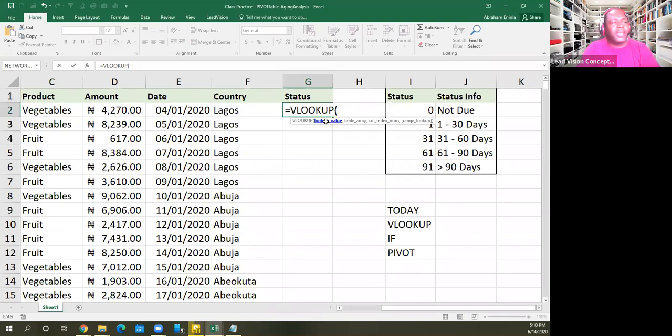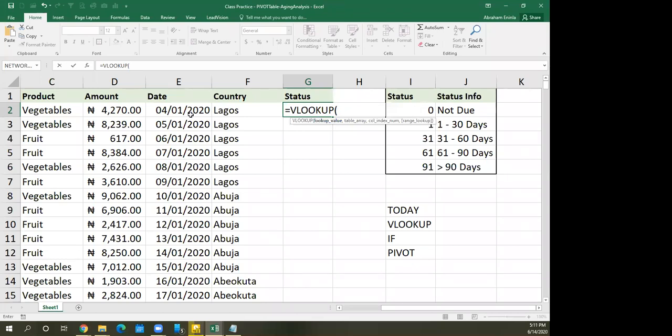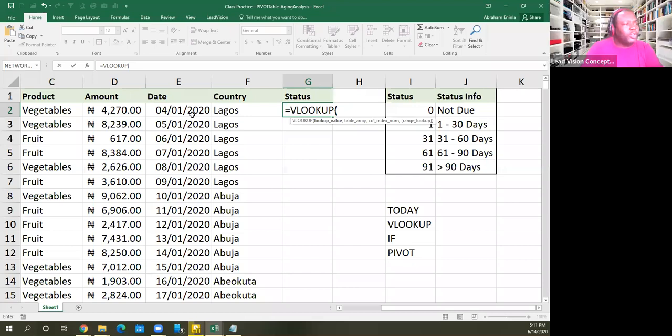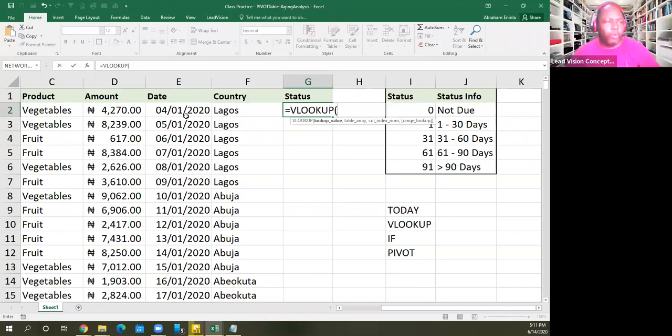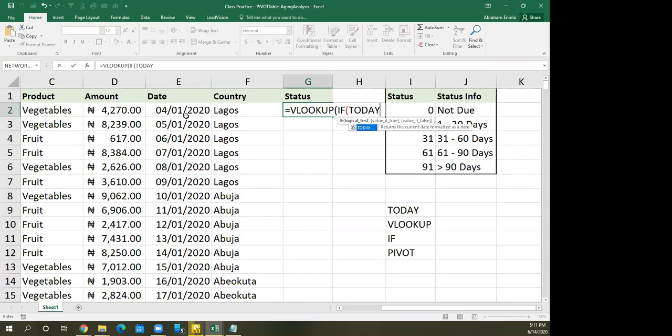We can't just come and pick here. We need something that will compare whatever number is here with this number, to differentiate whether the number between today's date and this date is above 100, is above 200, or whatever. So for that mathematical purpose, we are going to introduce a logical function that will help us to do that. So we put IF function after it. And so we have the IF function. And what the IF function does is to test if this function,